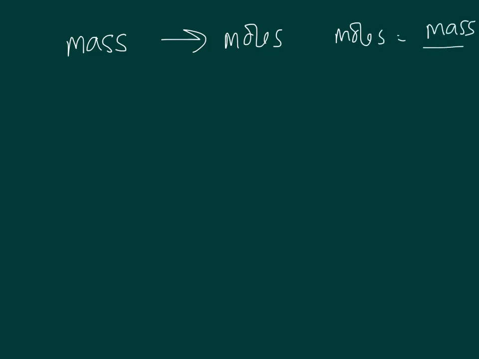If you've been paying attention to this so far, you will realise that what we have to do is that we take the mass of the reactant that we know about and we convert that into moles. So moles equals mass divided by the relative molecular mass, or more correctly the molar mass. Okay, then we use the equation